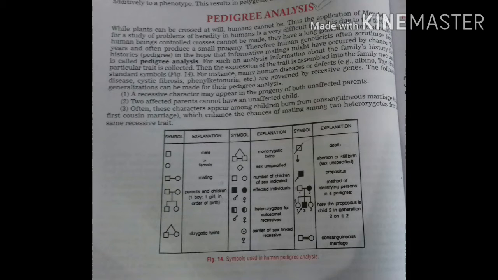Sometimes the exceptional character may be governed by dominant alleles. In such a condition it occurs in every generation. An unaffected parent can never transmit the condition to the offspring. Two affected parents may have unaffected children. It is passed on, on average, to 1/2 of the children of an affected individual.